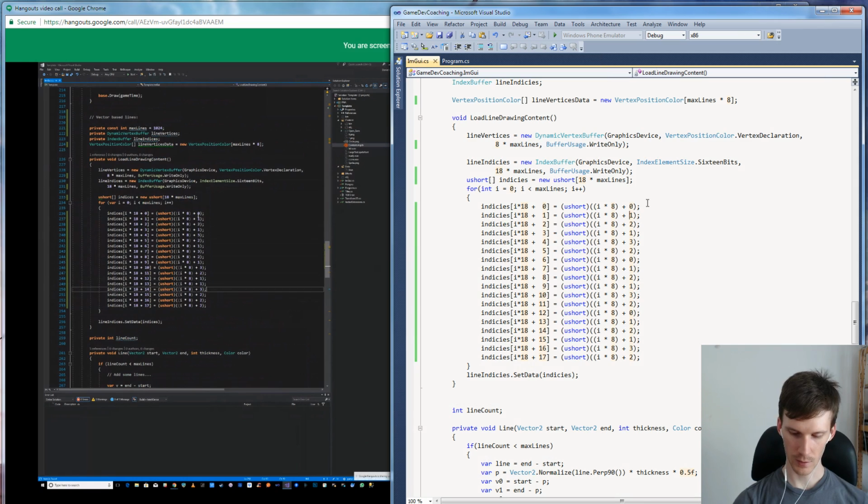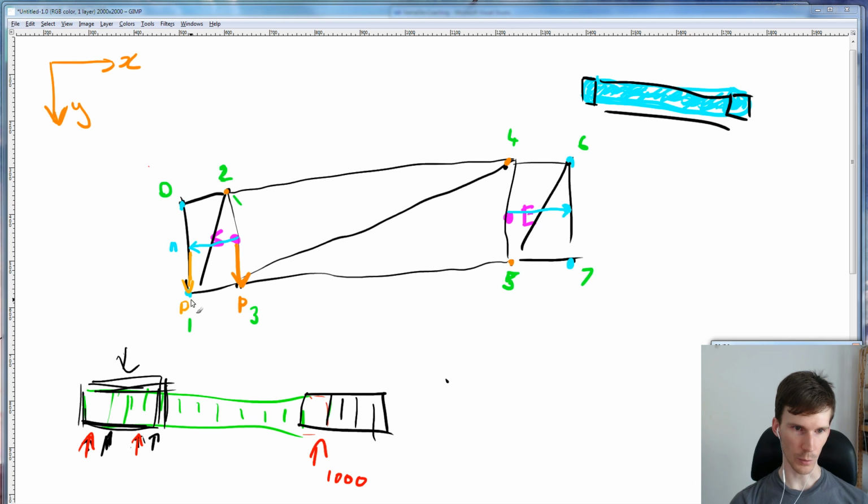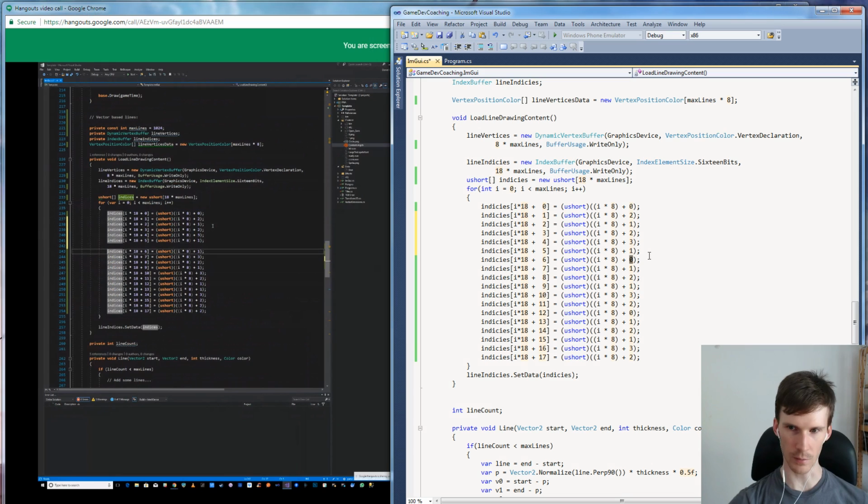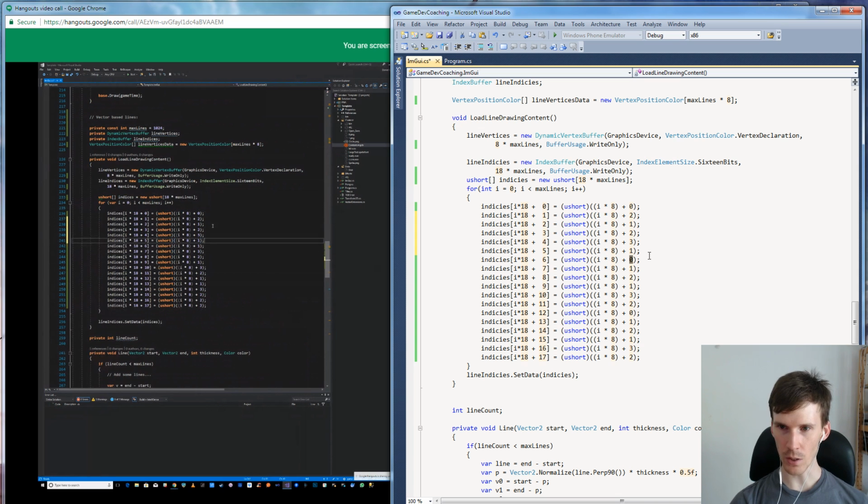So it's 0, 2, 1, and then you start at 2, 3, 1. Let's just check we've got that correct. 0, 2, 1, 2, 3, 1, and then it's the same pattern for another 4 triangles with just increased indices. So what would that be? That would be 0, 2, 1, 2, 3, 1,